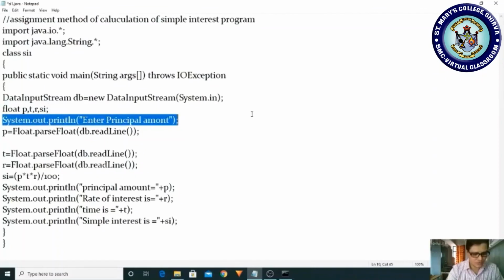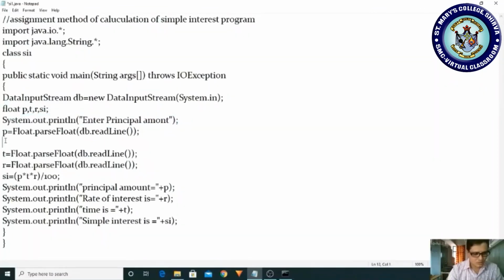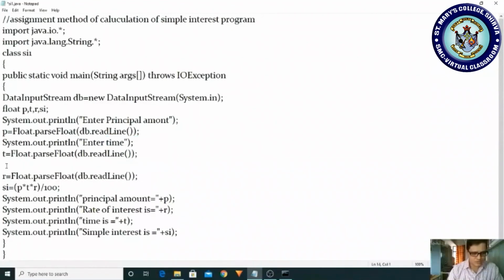I will modify here. So here enter time, and here once again I'm copying and pasting. Here what do we have to give? Enter rate of interest. Okay, rate of interest. Afterwards you are processing and the results are the same.